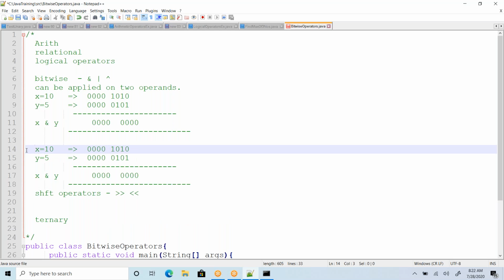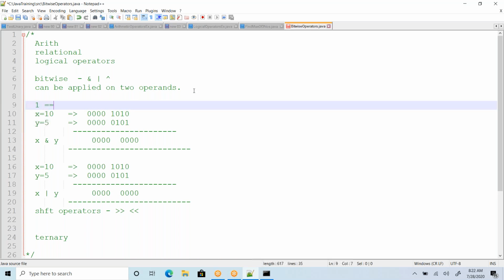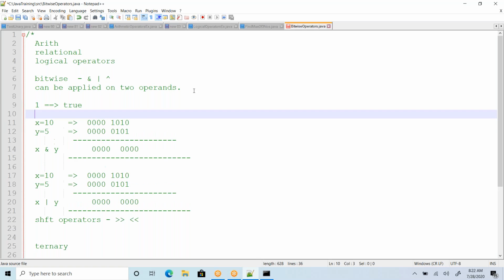The whole story here is that you should understand the AND condition and OR condition on bits. 1 represents true and 0 represents false.